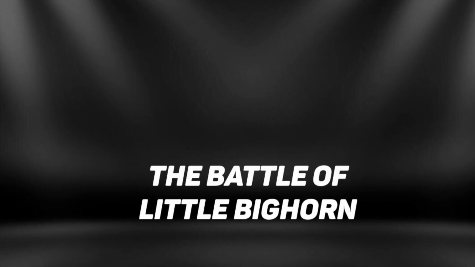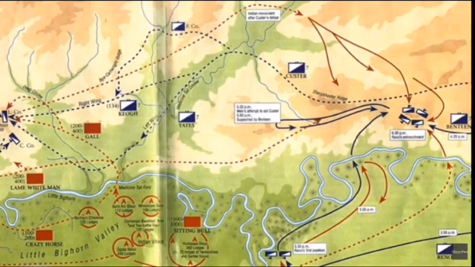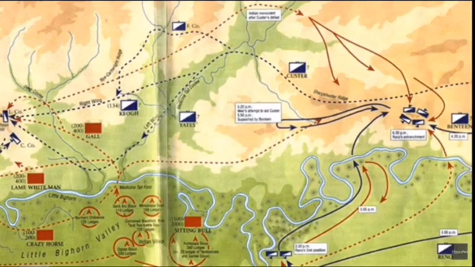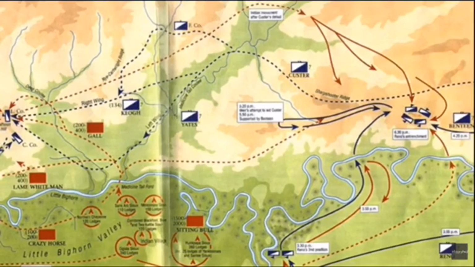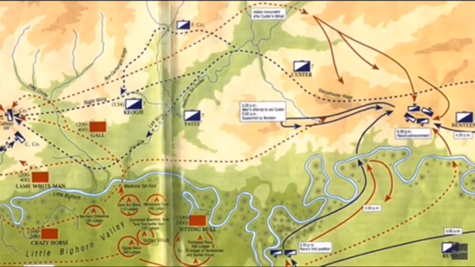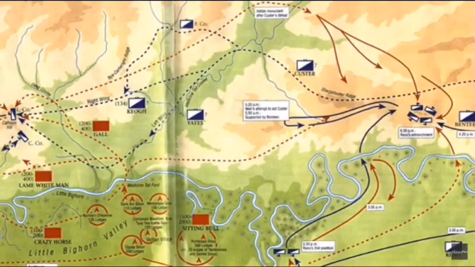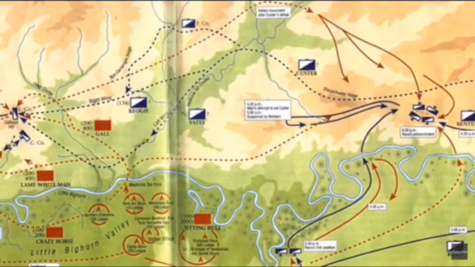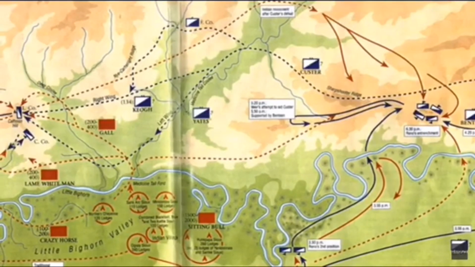The Battle of Little Bighorn began when American Lieutenant Colonel George Armstrong Custer led federal troops against the combined forces of the Lakota Sioux, the Northern Cheyenne, and the Arapaho Plains Indians. Also known as Custer's Last Stand, the battle was one of the most significant clashes of the Great Sioux War